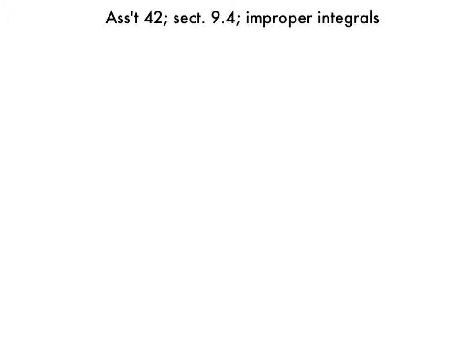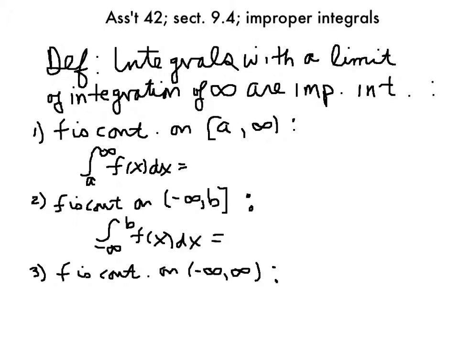Today's lecture is on improper integrals, section 9.4. Please notice that we actually are skipping 9.3, one of the very few sections that we skip. And so we begin with talking about the definition of what an improper integral is. Okay, so an integral that has infinity as one of its limits of integration is known as an improper integral,